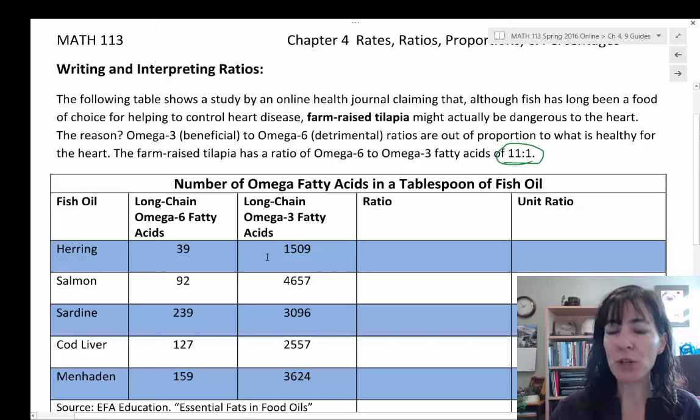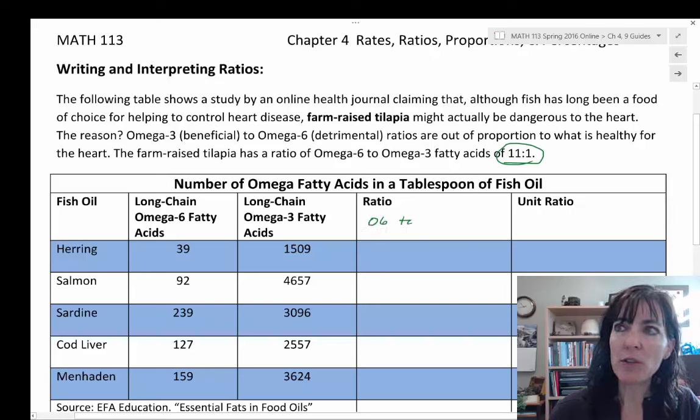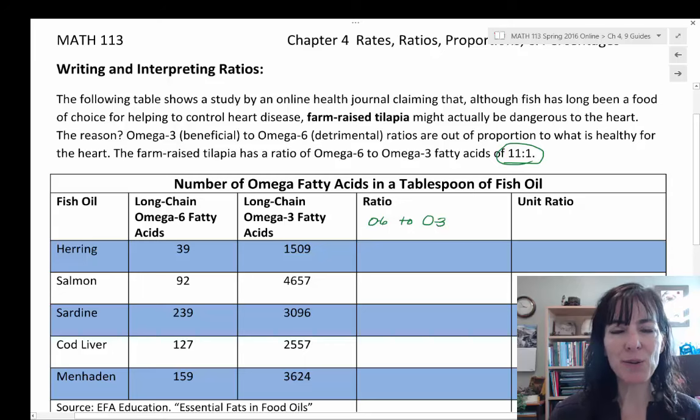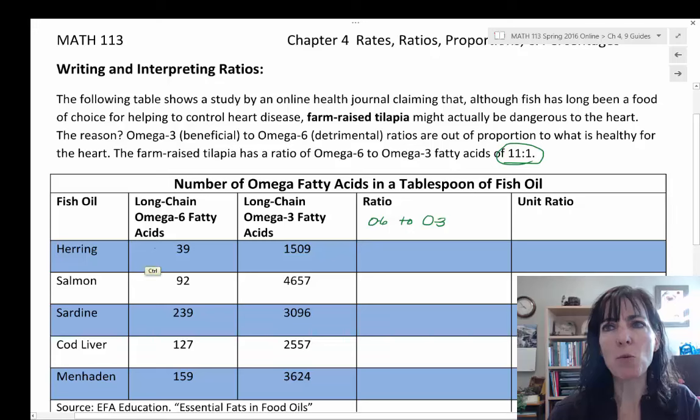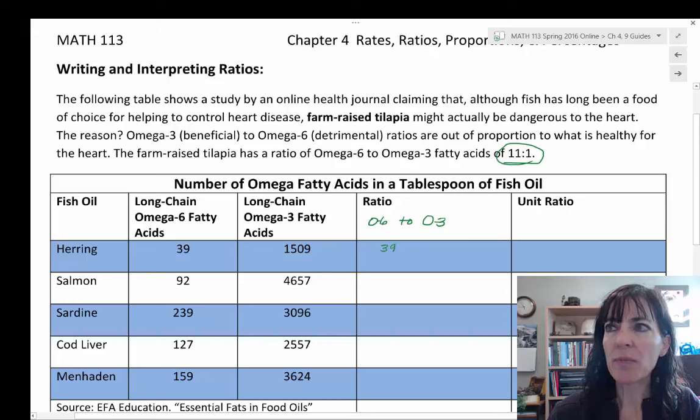And we want a ratio, the one that we were given above is omega-6 to omega-3. I'm just going to write that in so I don't forget what order, but it's also the same order as what's given on our table. So we can put a ratio then of 39 to 1509,